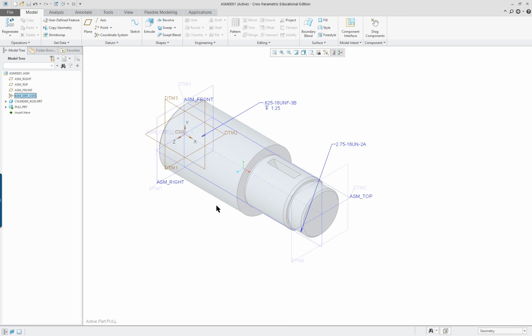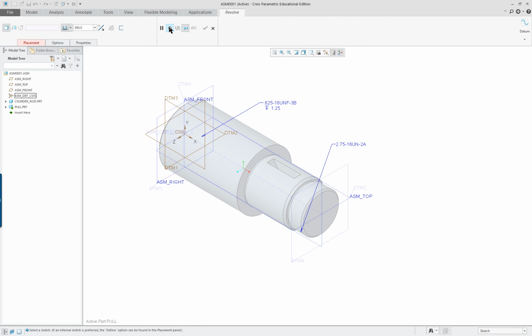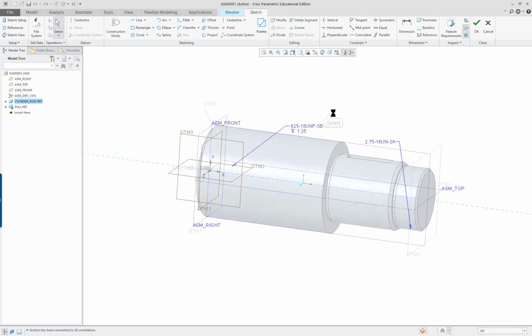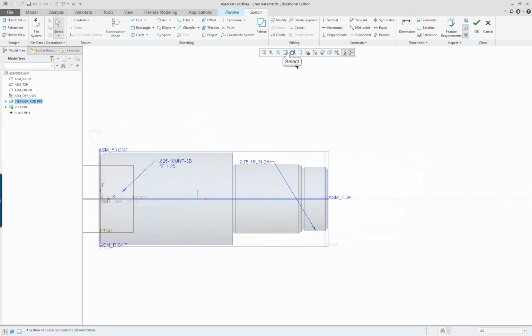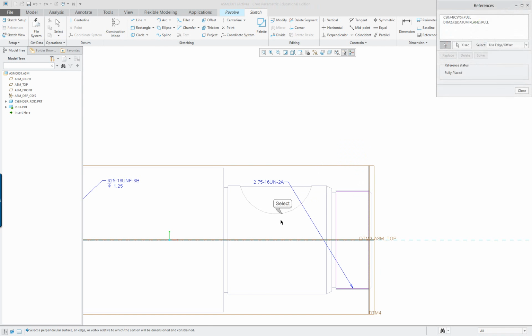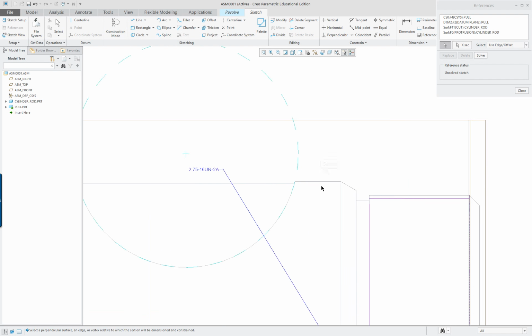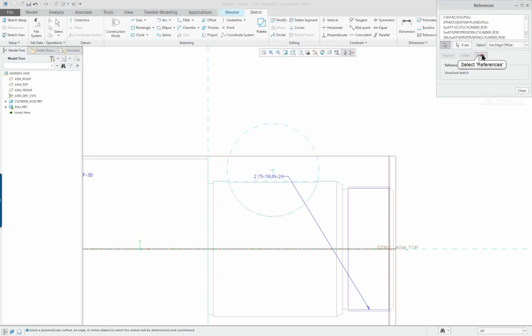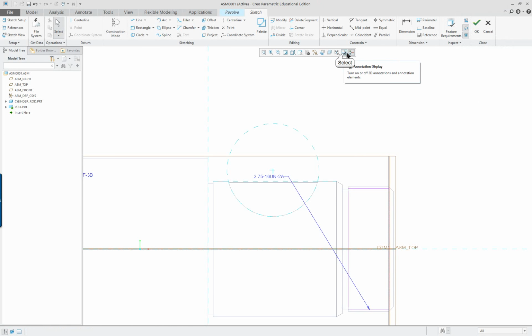So I'm going to create a circular feature here. And what I want to do is click on revolve. I'm going to select my sketching plane. Go into 2D sketch view. And I want to turn this into hidden line because I want to see some things. I want to be able to add a reference for this here and also an edge here. And one other reference, this one here for the hub. Solve, close, and I'll turn off the